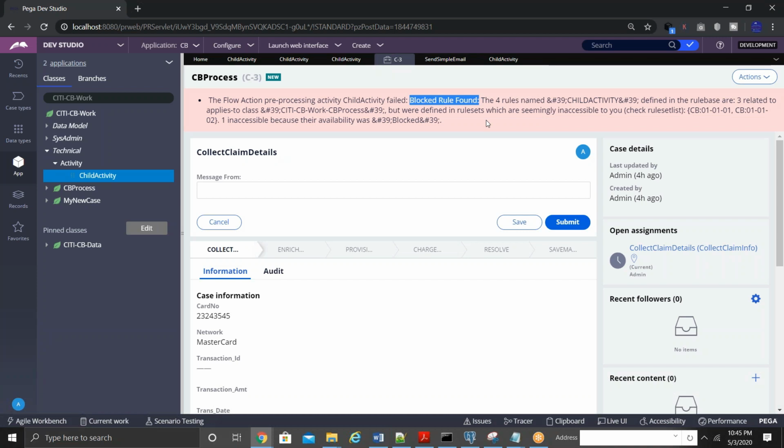Whereas in withdrawn, if the child class rule is kept as withdrawn and the same rule exists in the parent class, it is going to get executed. In the case of blocked, let the same rule exist in any layer, any rule set, it is not going to be picked, and you're going to see an error on the screen like this. We usually do not set rules as blocked in real time. Most of the time we only use withdrawn.